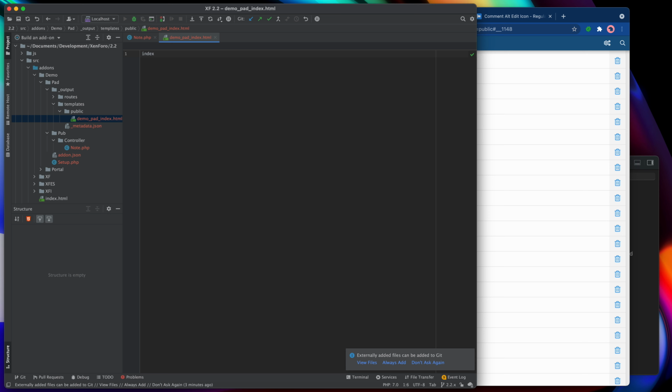Let's just add a little more meat to that. I'm going to give it an xf:title tag, and we're going to call it demo pad index page. And if you don't already know what the xf:title template syntax does, it specifies the actual title tag for the page that we're going to be loading in, and it also puts its value into the h1 tag for that page by default.